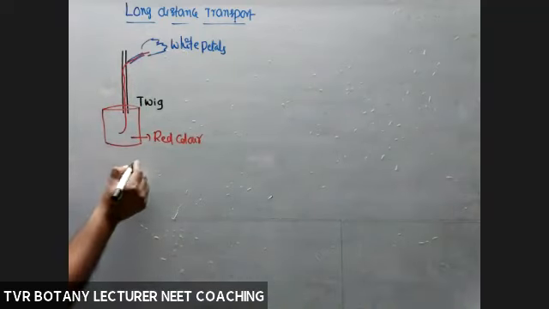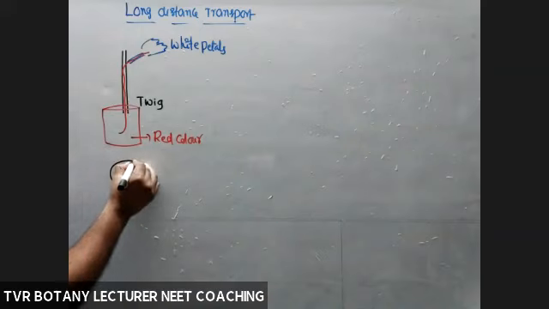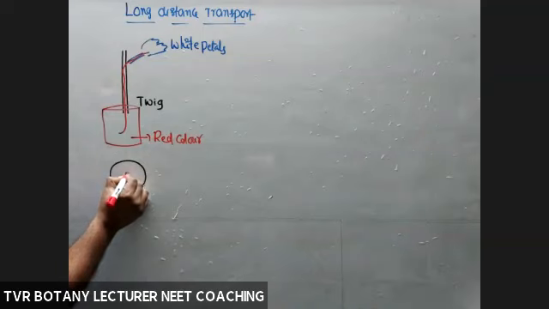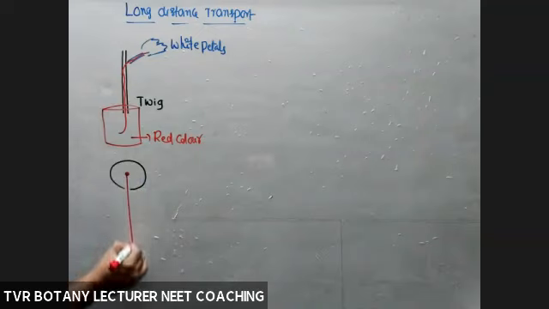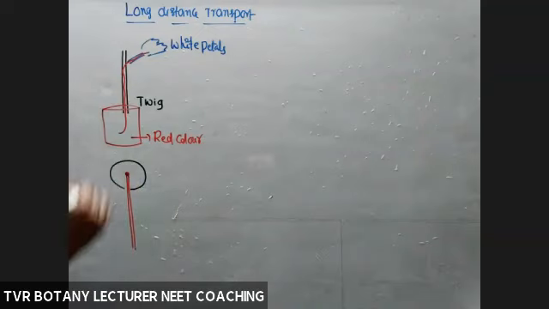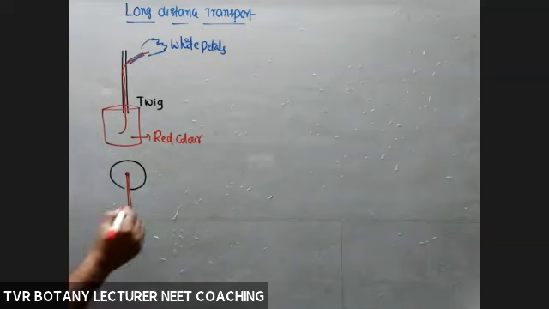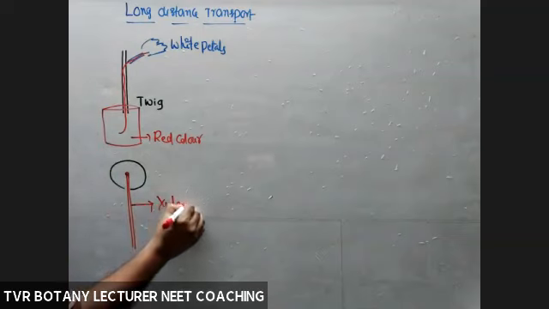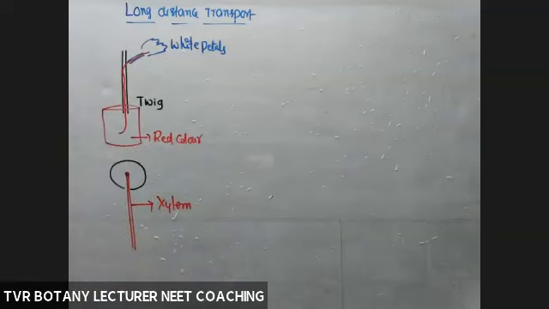So we can trace it out by taking a section. For example, this is a transverse section of that stem. Definitely at the center, you'll find a red colored dot. So this red colored path indicates that the color is transported through the xylem, particularly through the xylem. So this is the oldest experiment.